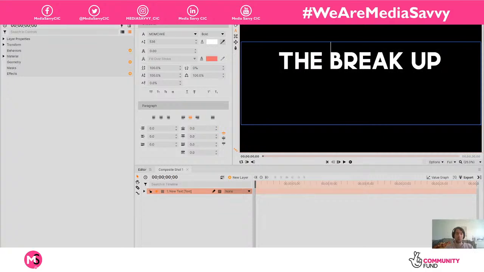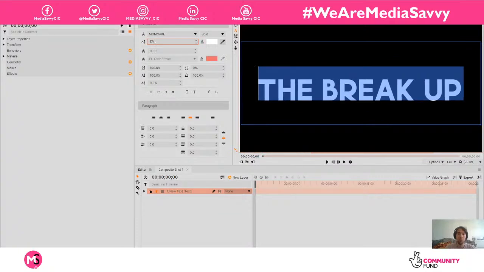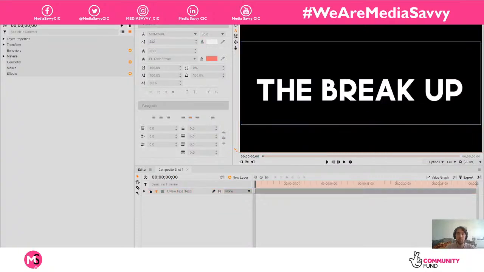I think it could all be one, right? It doesn't need to be separate. And then that, and then this one in the middle here. So these are the alignment options. Got middle, middle, and then middle. And that's what we're going to call it. I'm going to make it a little bit bigger. So I need to highlight it, and make it just a little bit bigger. Yeah, there we go. And that's nice for a title, and that was all it took.